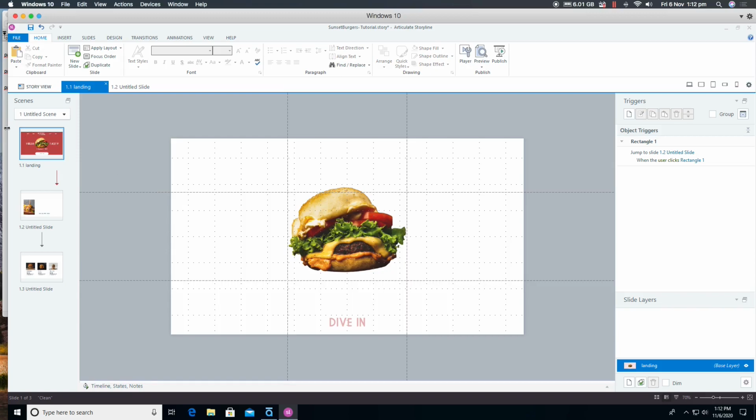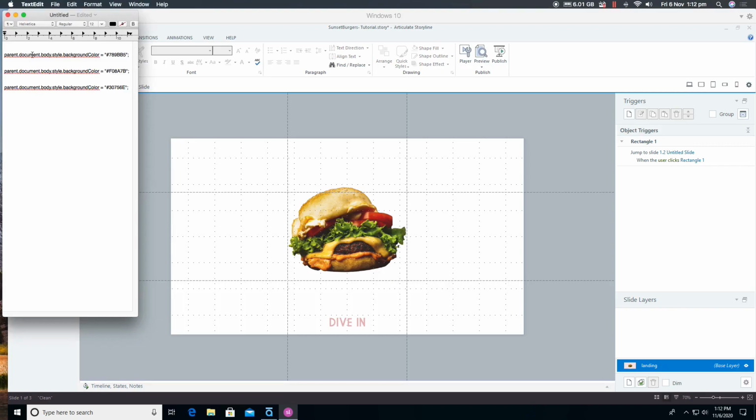So I've already got my code ready to go. I've got 3 pages for this course. So I have 3 JavaScripts. Each of those has a different hex code to change the background color on each of those pages. So to get started, I will simply just copy this JavaScript,